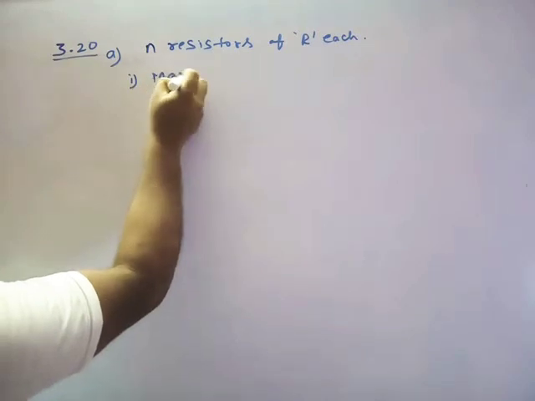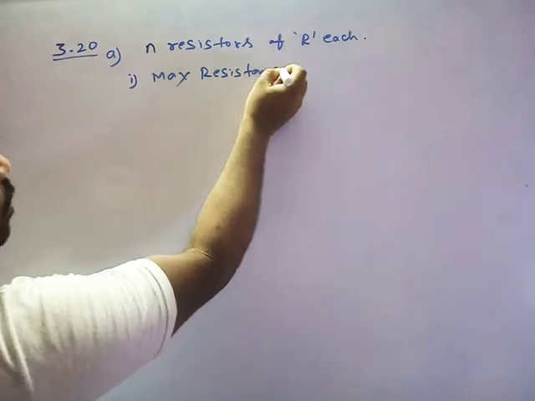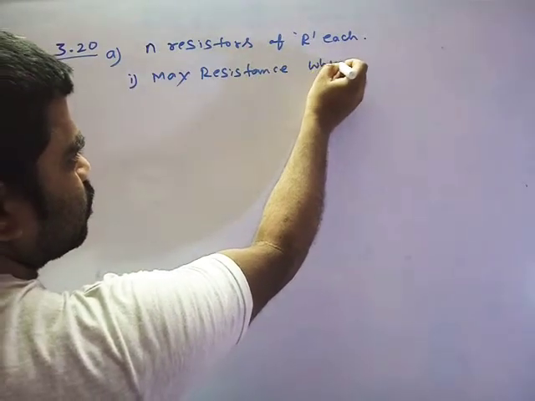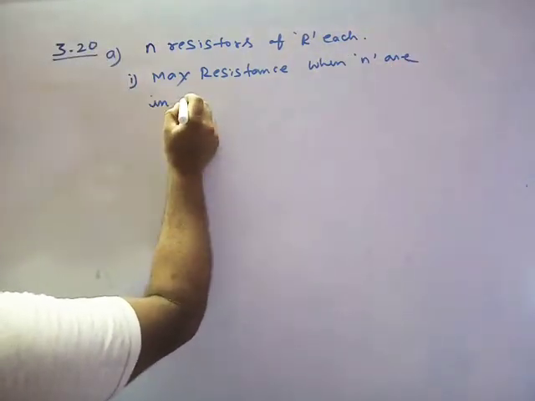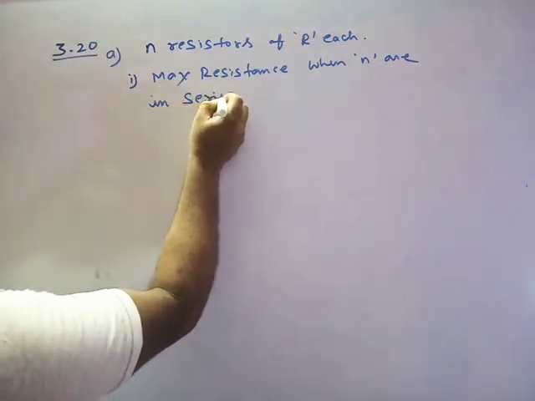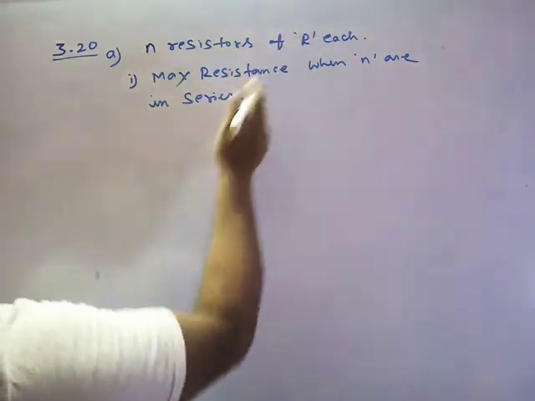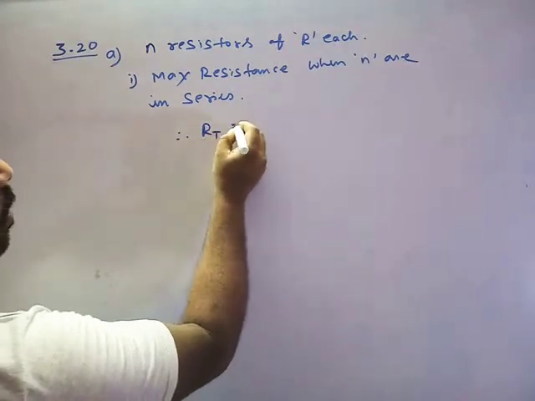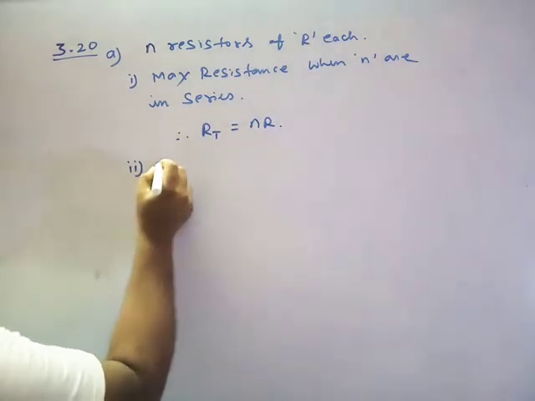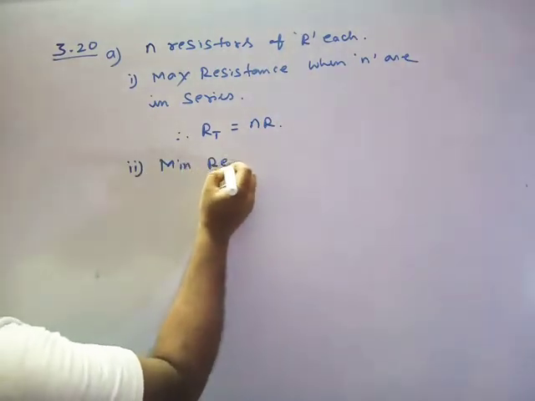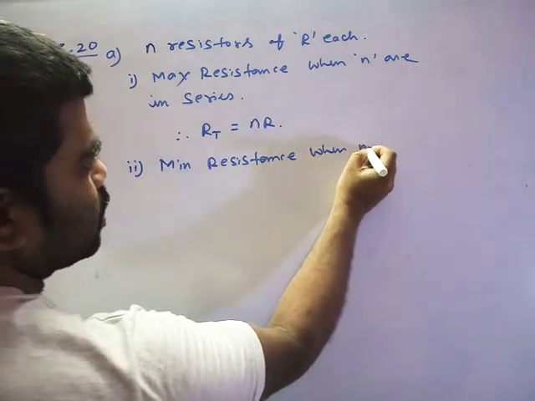To get the maximum resistance, the maximum resistance will only be obtained when the n resistors are connected in series, because you know well, n times R, so the total resistance in series you will get is NR. And number 2, to get the minimum resistance,